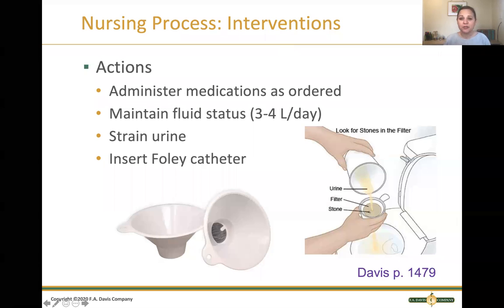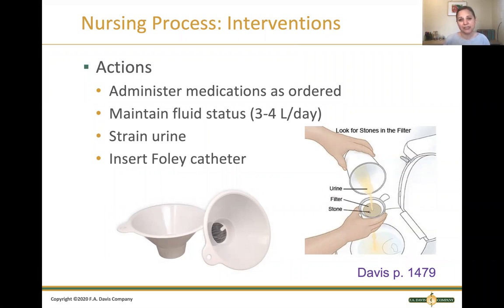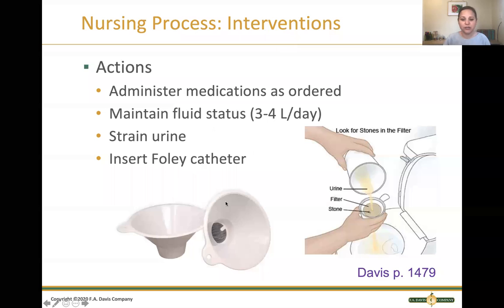We administer medications as ordered, especially as it relates to pain and nausea. We maintain a high fluid status, 3 to 4 liters every day. We want to flush those stones through the urinary tract. We're going to strain all of their urine, and it comes with these little urinary strainers. It's a funnel with a mesh strainer at the bottom, because we need to catch those stones and send them to the lab to determine what kind of stones they are,